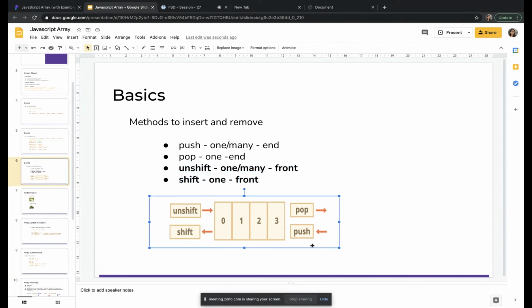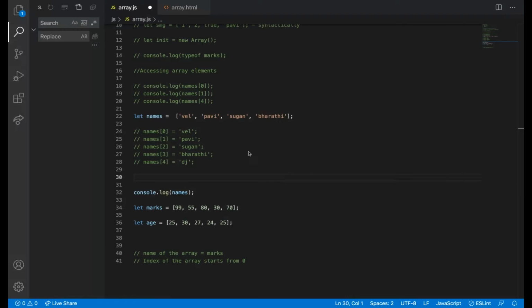So first we will see push and pop, and then we can come to shift and unshift. Now we are going to see how to add a name from the back, that's all. So here I'm going to just add a name, or else I'm going to remove a name here. This is what we are going to see, how we are going to achieve.